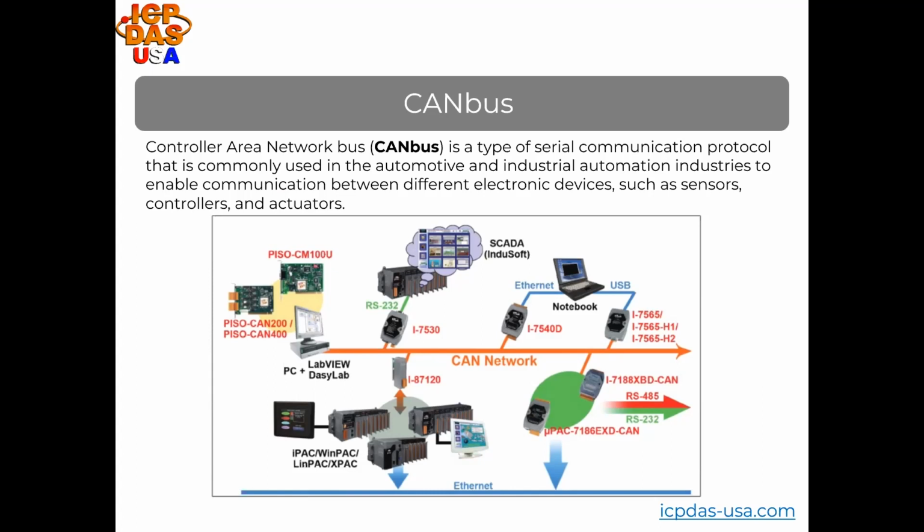We provide gateways that convert CANBus to Ethernet, fiber, RS-232, USB, Wi-Fi, Modbus RTU, and Modbus TCP. We also provide communication modules that can be added to our Linux-based LinPack programmable automation controllers and our Windows-based CE.NET WinPack programmable automation controllers. We have C language programmable controllers that communicate over CANBus. We also have CANopen remote I/O modules, J1939 to Modbus RTU and Modbus TCP gateways, and PC boards that add